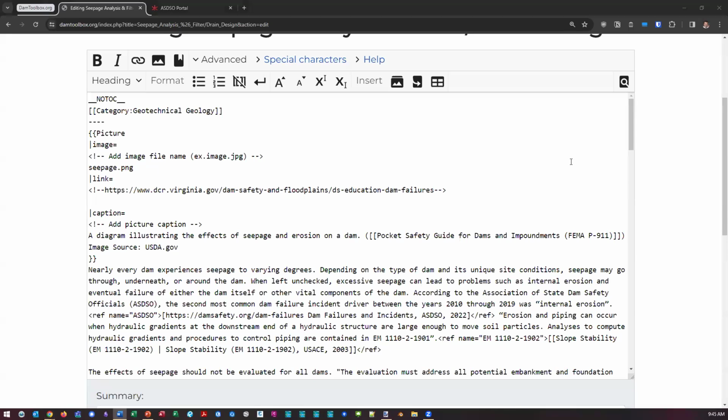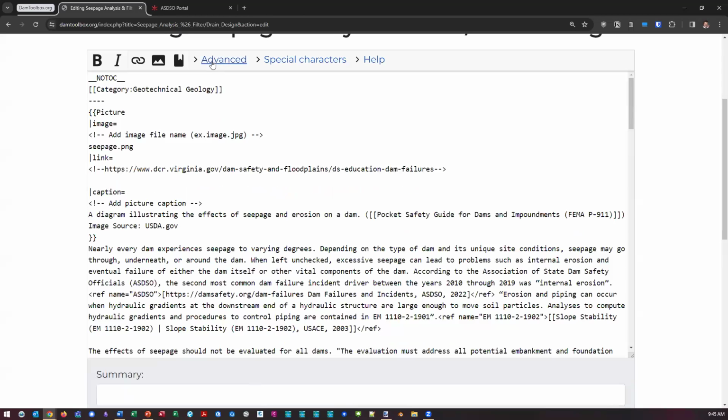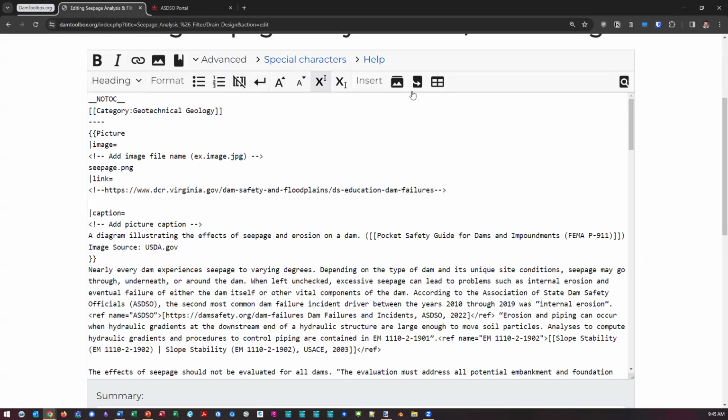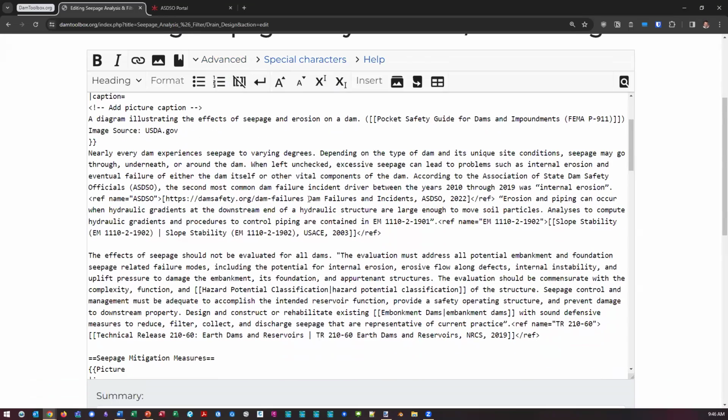So once this loads, you'll see this editing box. And at the top of this editing box, there are some tools that I'm not going to discuss today, but that can help with some of the common formatting and editing operations for maintaining the site. Clicking this advanced button here will bring down additional tools that I encourage you to explore and experiment with, as they do offer some very